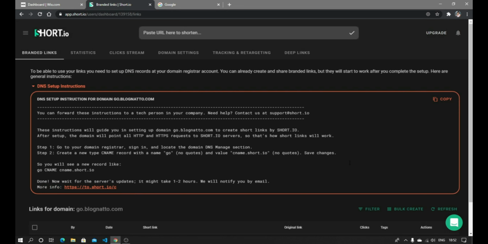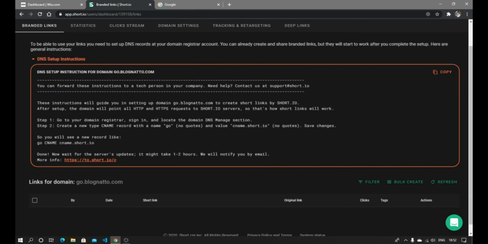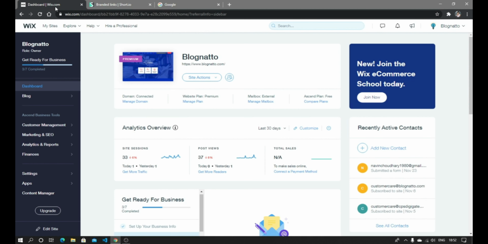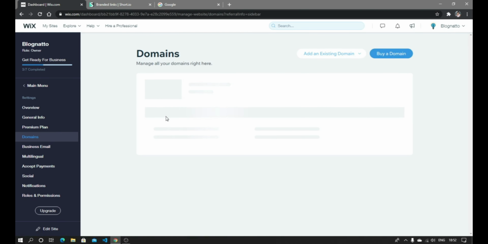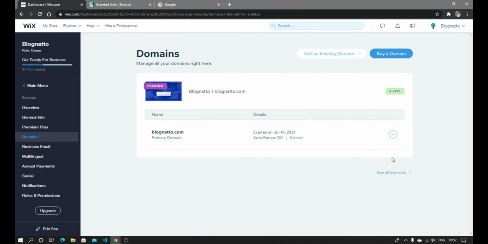Now these are the DNS setup instructions for your domain. We need to create a CNAME record. As my domain is registered with Wix, I go to the Wix dashboard and then to the domains section. Click manage DNS records.